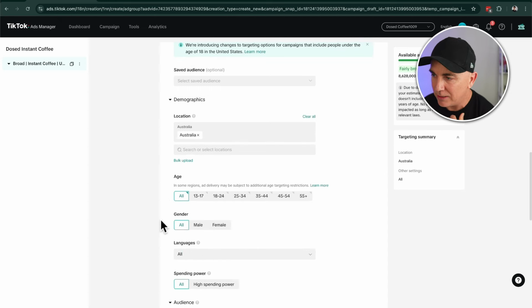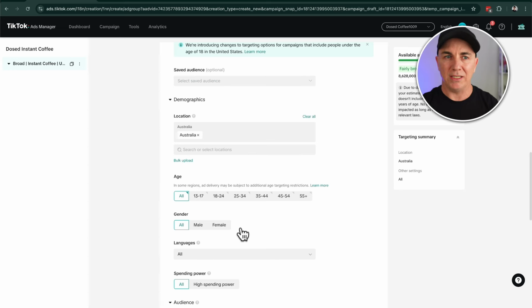Even then, I've been trying this with or without the age, and both of them have different results. So this is where you would test that a little bit. We're going to choose Australia, and I'm going to do all ages. Like I said, if you just want to target a certain demographic, you can. I would keep all genders open. I don't really need to tighten down that far unless it's a highly gender specific product, then we can put it in that way. The reason we